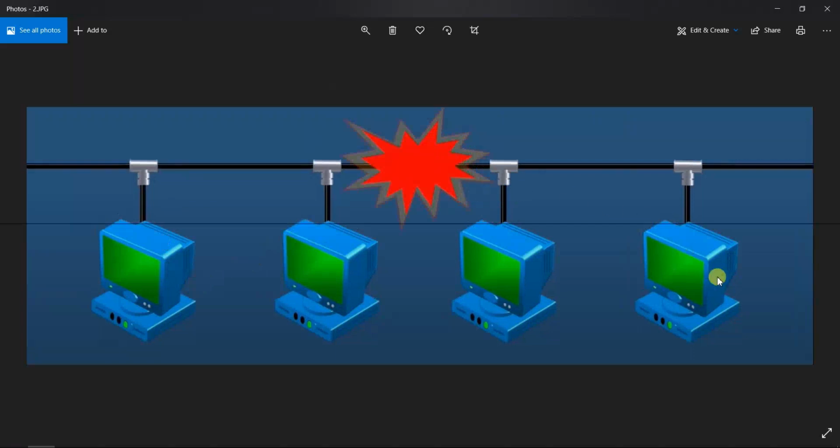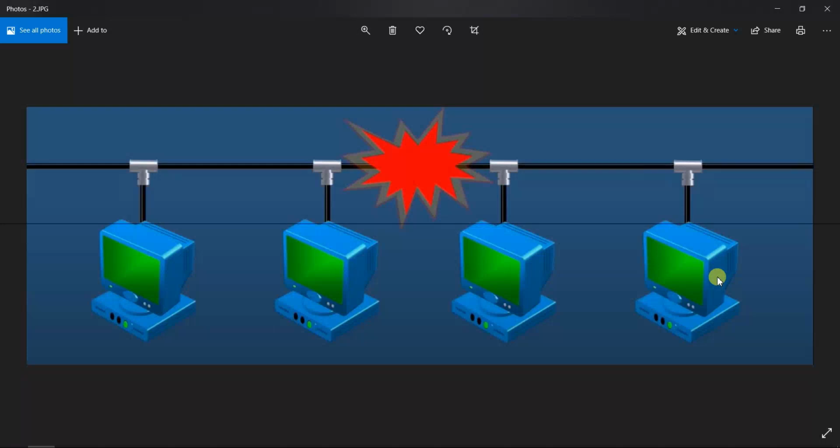the device responsible for the collision sends a jamming signal to the devices present in the network, stating that a collision happened, so that each device must wait for some random amount of time to avoid that collision. After that random amount of time, the device sends data. This is the case of the wired mechanism.